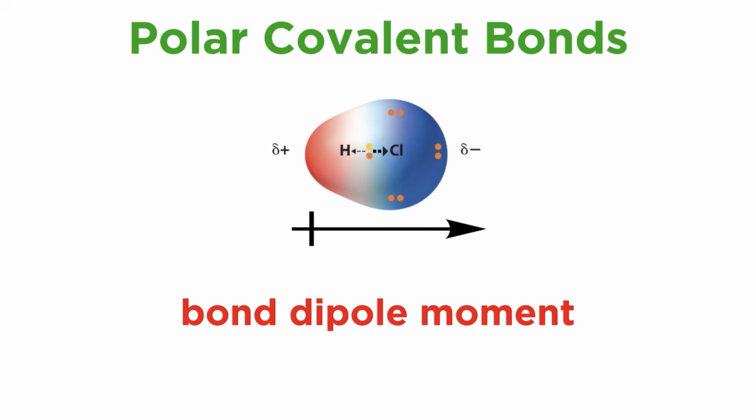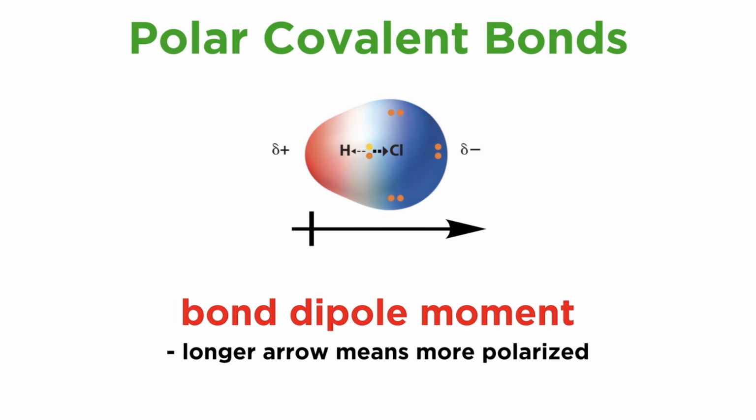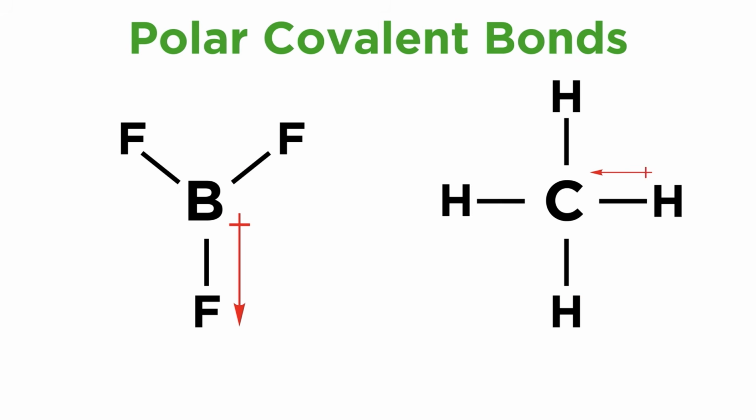That bond will have a bond dipole moment, and we can represent that dipole moment with a vector, which is basically an arrow that shows both direction and magnitude, such that a longer arrow means a greater dipole or more polarized bond. These vectors point in the direction of the electron excess. We can see here that a B-F bond has a longer dipole vector than a C-H bond, because the B-F